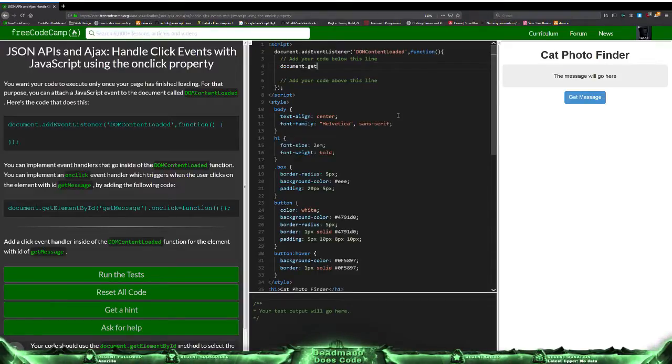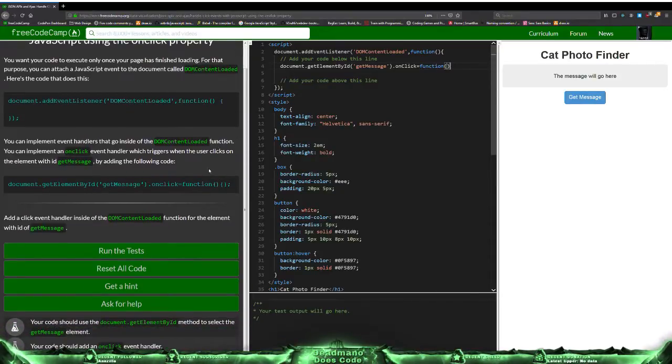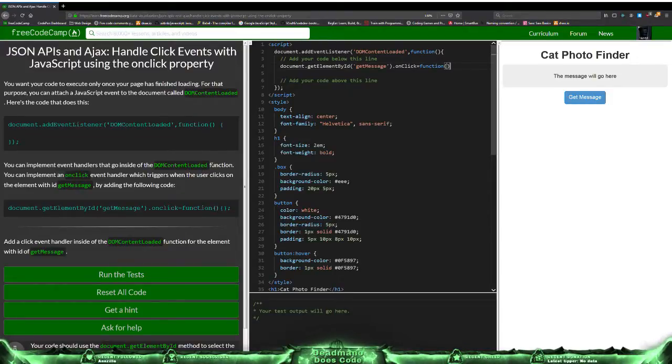Okay, so document.getElementById getMessage.onclick equal to function. Oh wait, you want me to add an event handler? Is that what it said? Add a click event handler. I didn't realize it said that. I'm literally looking at the top. So we need to do